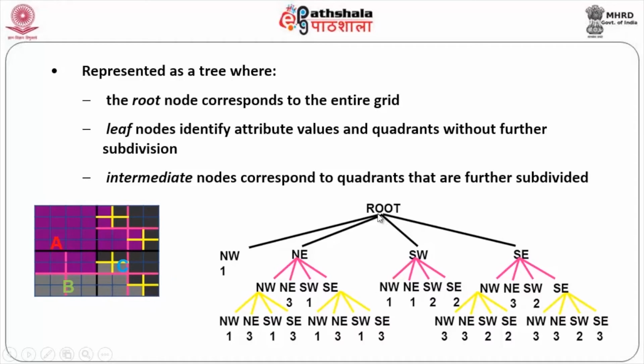So, this will be the root node. For this context, the entire A, first one is your northwest, entirely full. In northeast, see how many divisions there are, and that again is further divided, as I told you, into northwest, southwest, northeast and southeast, and here you see how many cells. This northwest is further divided into 4 of them. So, this is what your leaf or intermediate nodes are, which are to be represented. Very complicated, but still very effective, and the storage becomes much easier when you follow this technique.